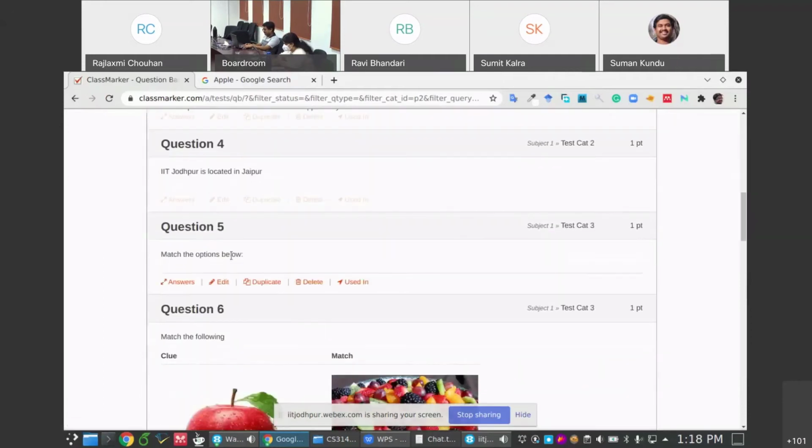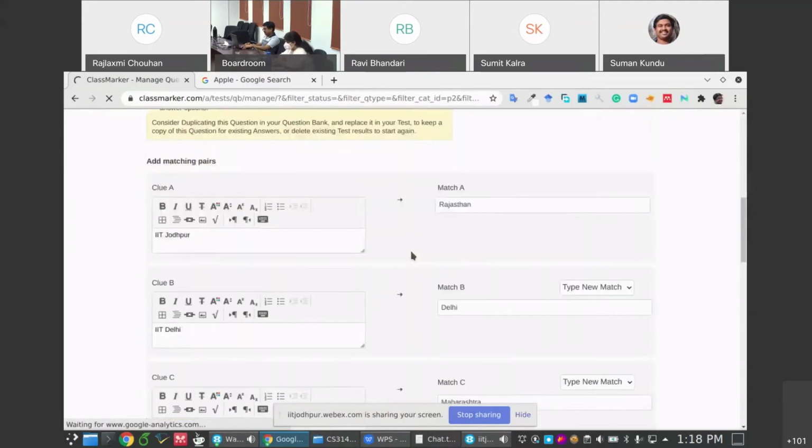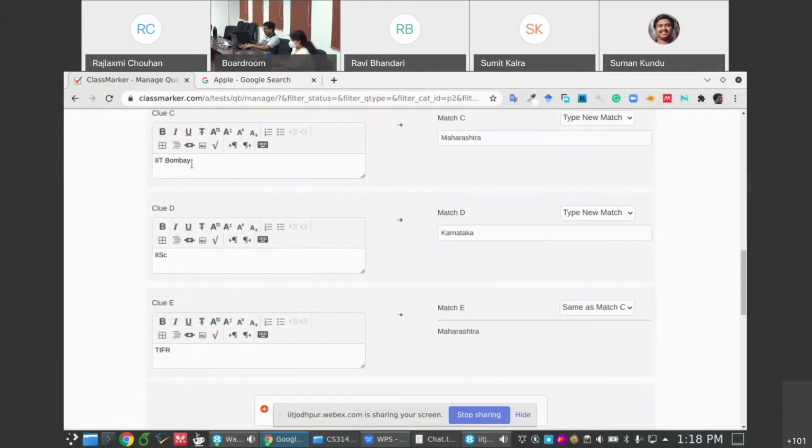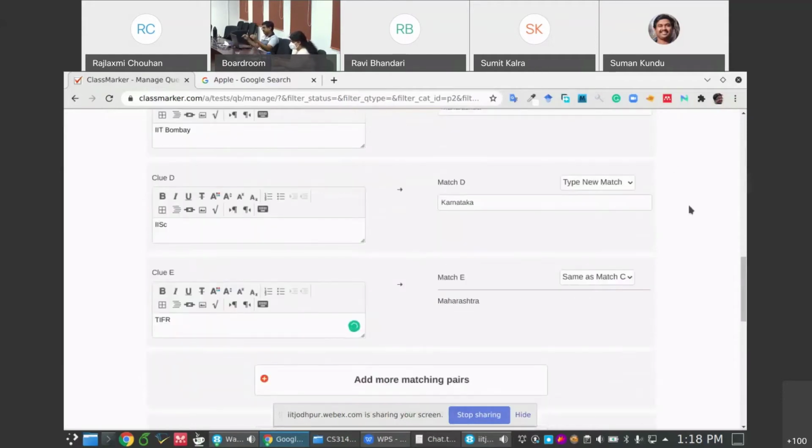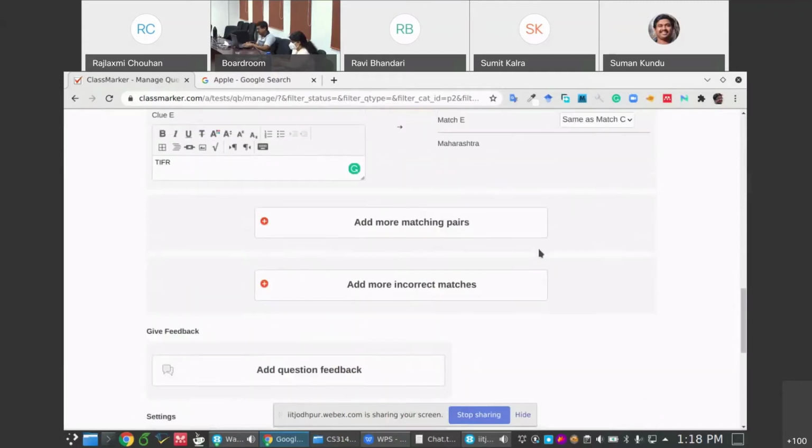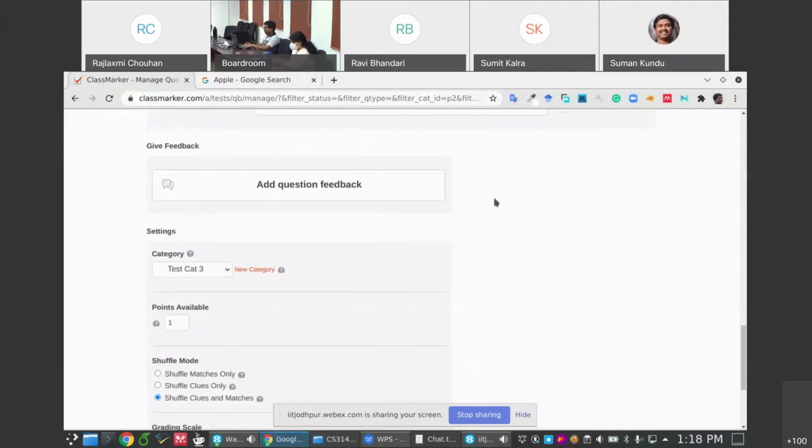For example, in this question I created two options, IIT Bombay and TIFR, which will both have Maharashtra as their match. So that is possible. You make it 1:1, and Class Marker will automatically shuffle it and place it in front of the student.